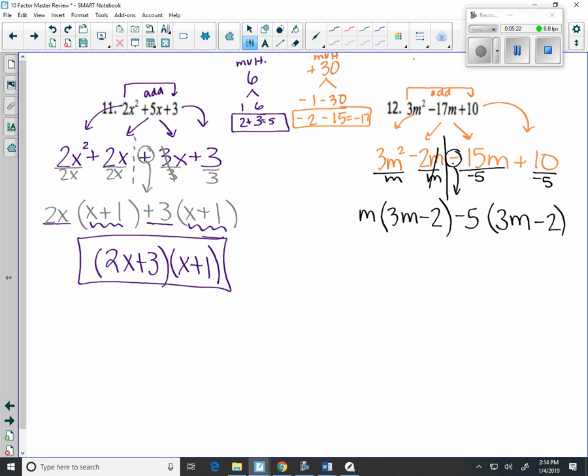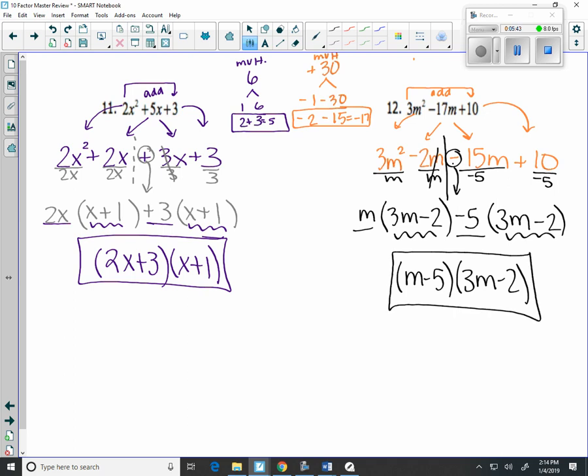So this problem had the exact same steps as the last problem and the problem before it. Sometimes it feels a little more difficult because of the additional negatives. M minus 5 is one of our sets of parentheses. And 3m minus 2 is the other. That order does not matter. Again, you can graph the original and your answer and make sure they lay right up